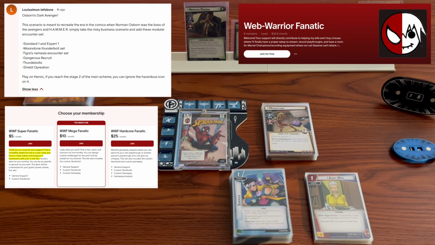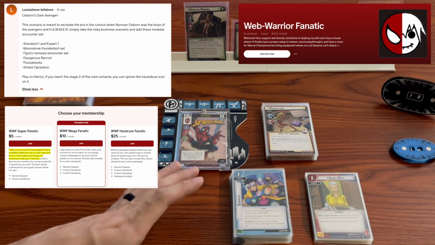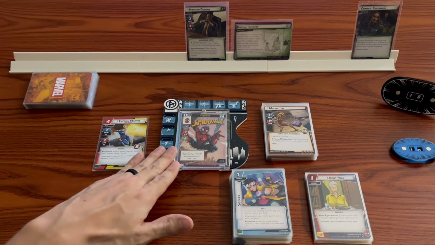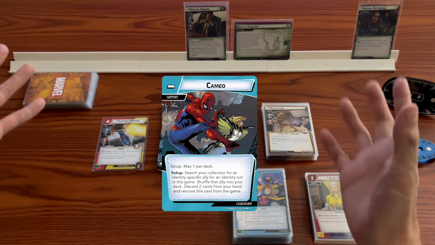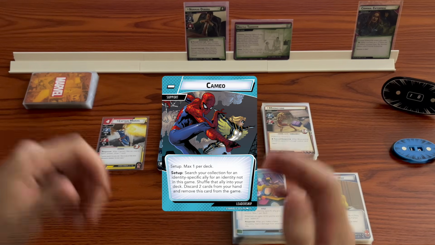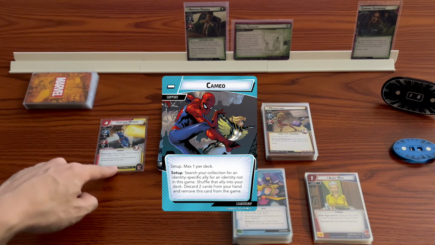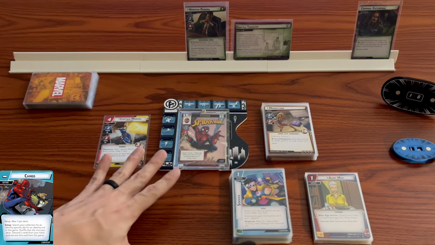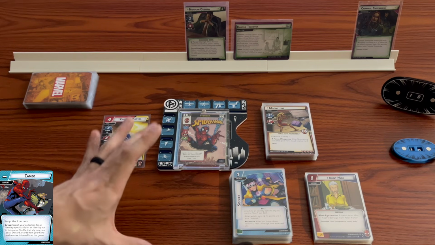I'm very excited for his game here. So he designed the scenario and allowed me to pick whatever hero and deck that I wanted. So we're playing as Peter Parker Spider-Man here, and I'm going to be pretending that I have the new Cameo card that I don't have yet, but it's coming out this week in Wonder Man's Hero Pack, where you can grab an identity-specific ally from another deck and use it here with Spider-Man, because we are doing full-on Avengers theme